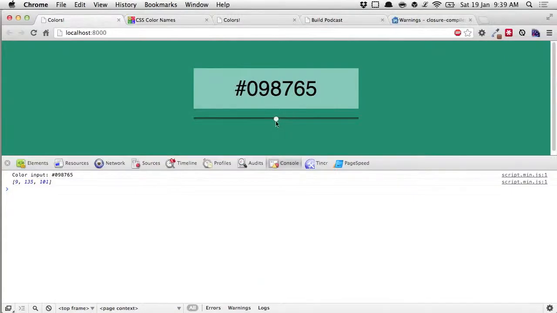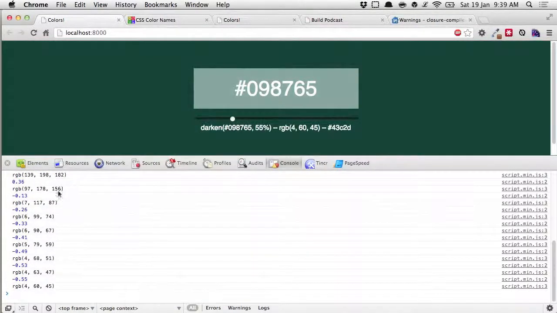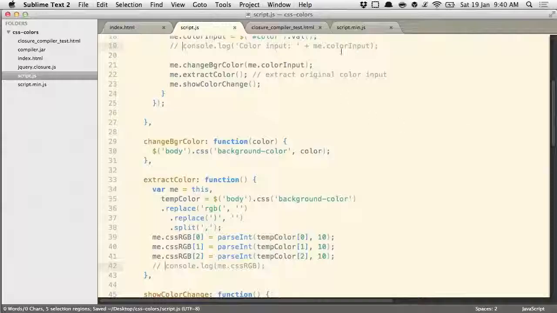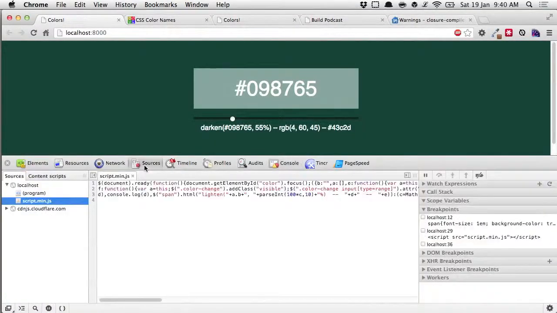When we press enter, yes, it's happening, and lighter and darker, but obviously because I have enabled all the console.log, it is giving me all the debug parameters. So I'll just quickly go ahead and comment it back. So save it. So I am inside my browser, and when we go to the sources, notice that we have